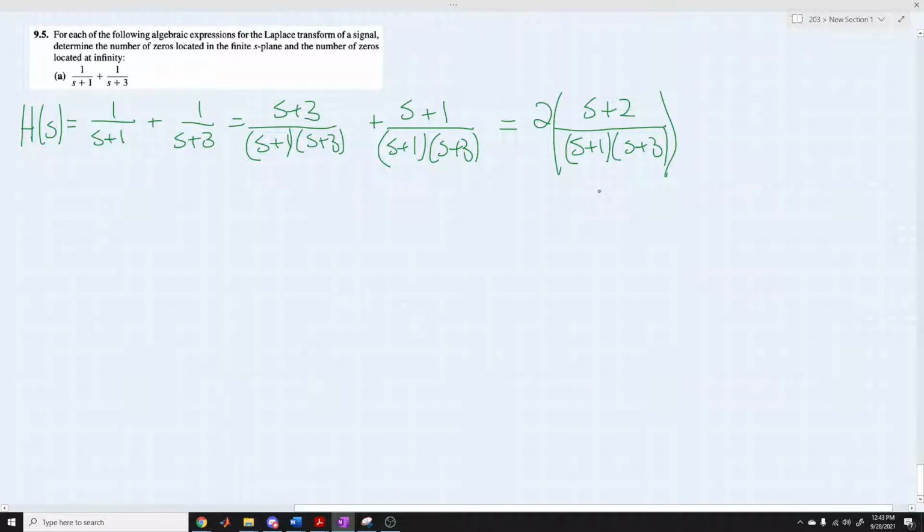And typically, a lot of times when I'm working Laplace transform stuff, I leave everything with factors. I don't distribute too much. We will here in a minute, or expand too much. But so zeros occur at two places. And that's when H(s) either equals 0 or H(s) approaches 0, right? So the first, we can find the zero in the finite S-plane by solving for